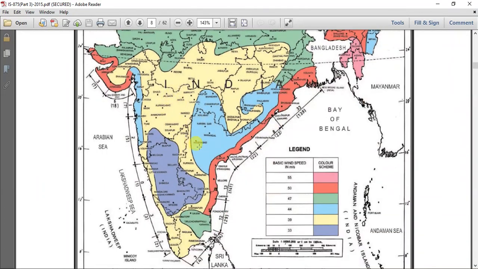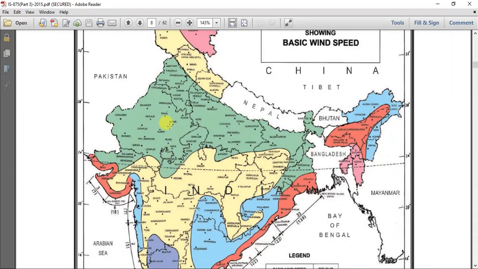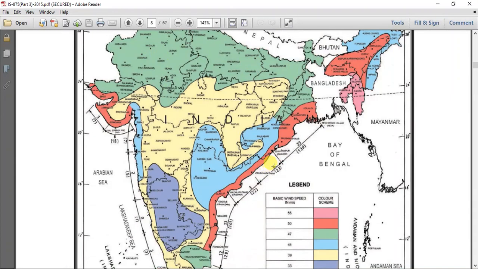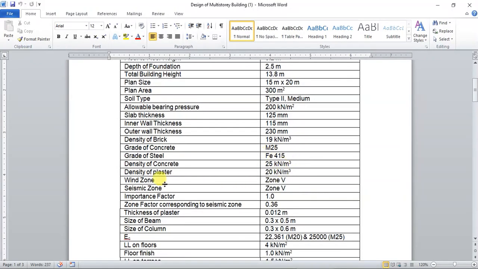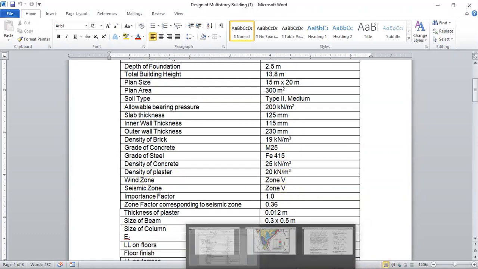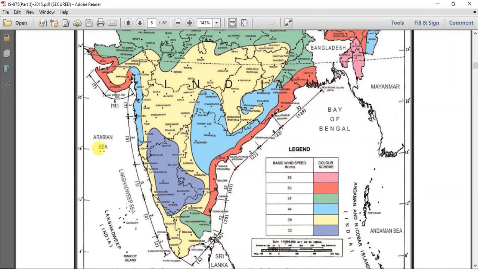So according to the region where the building is located, we need to select the wind speed. Ours is at zone 5, this wind zone is zone 5. So we are going to select maximum wind speed as 55. So we can select 50 based on the location.